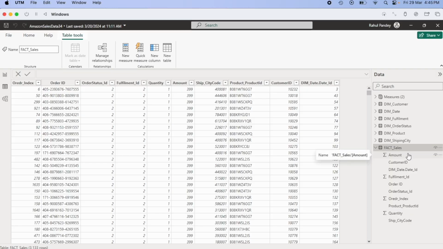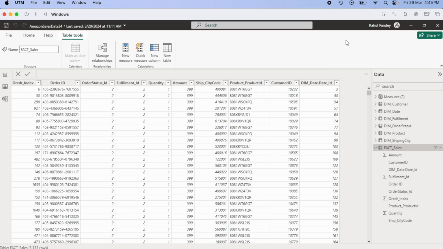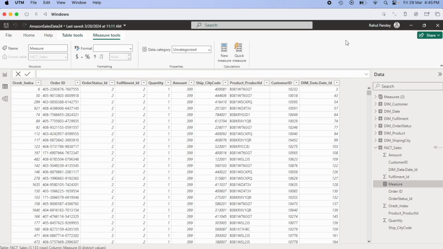Okay, so first we have to right click here, then the new measure option is there. We just have to select that one. It will give us the box where we can write down our formulas. Okay, so here we have to write down